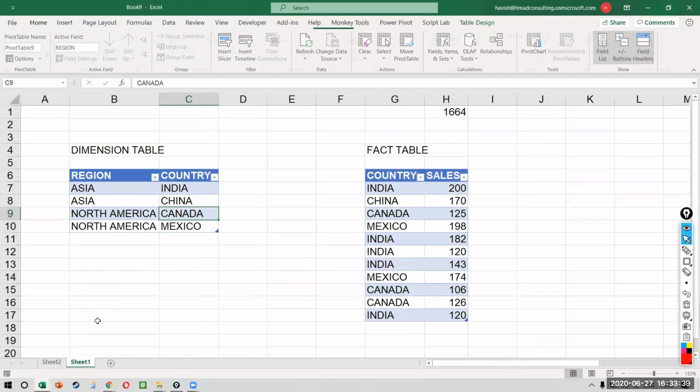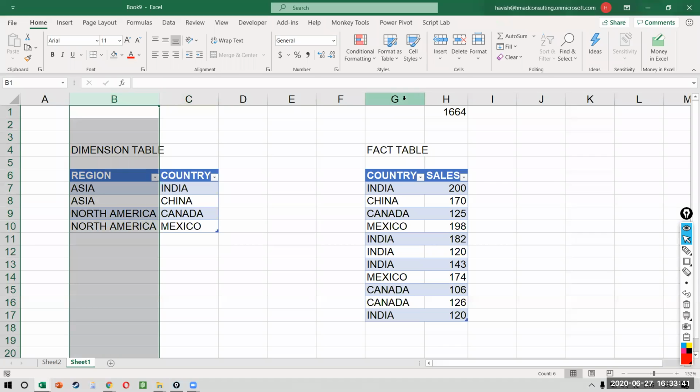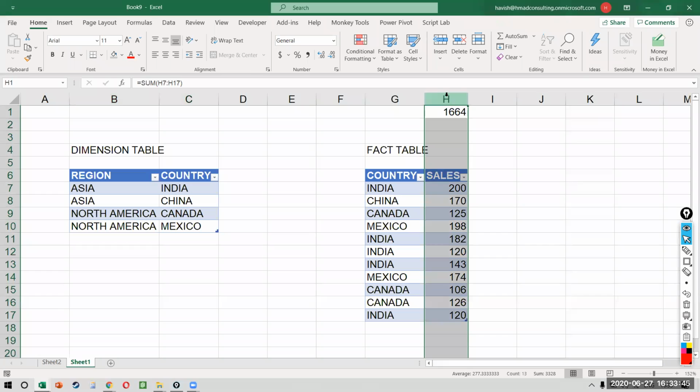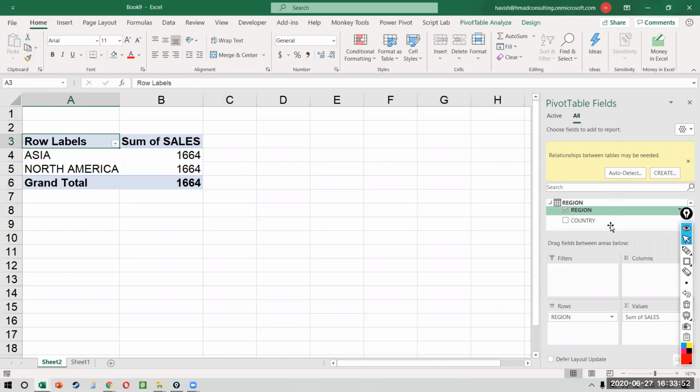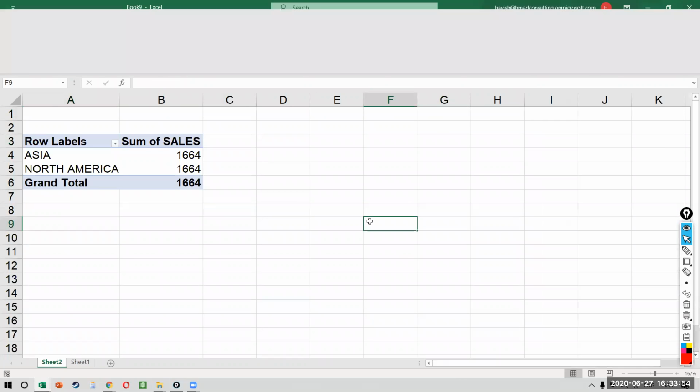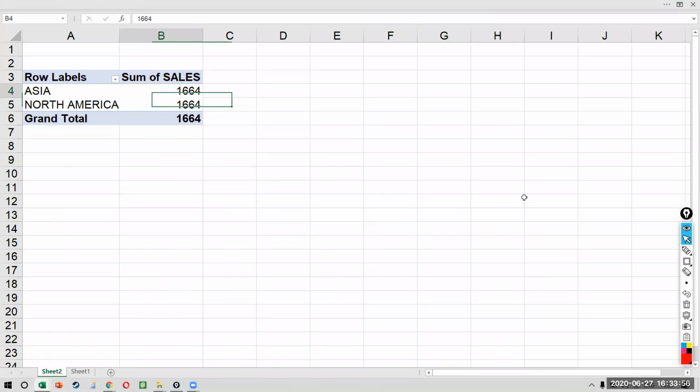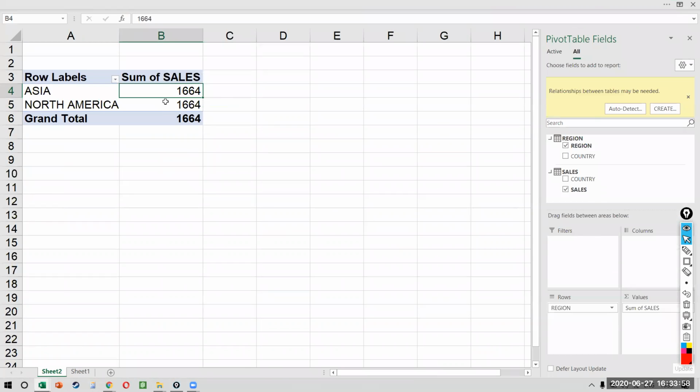Which means I can now create a common pivot table that will have all the columns in it. But the problem, if you notice carefully, is that the results are not coming correctly. It is showing me 1664 for both the regions, which is clearly incorrect.